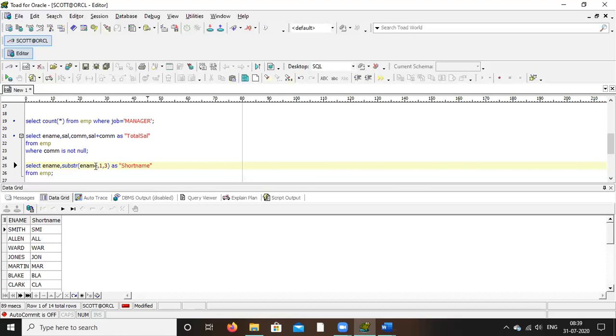Okay. Got it? Now you want to find the length. Length means you have to do count. So for that you actually need grouping, you need a group by and all. This topic is not yet done.